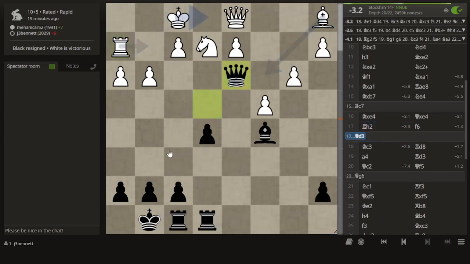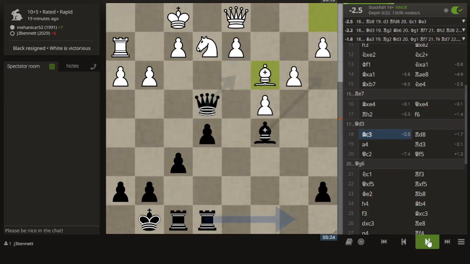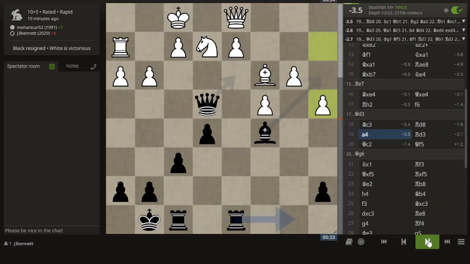This is defended. And maybe I can play f5 instead of f6. Okay, so I gave away another piece of my advantage with that pawn push. And now we are approaching...